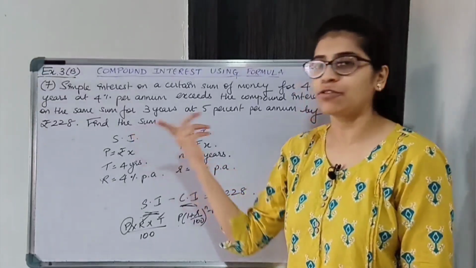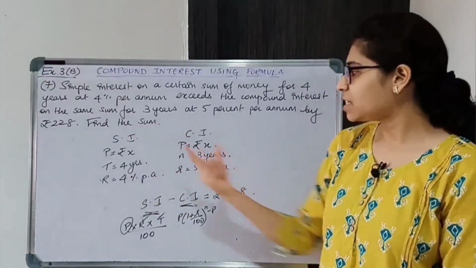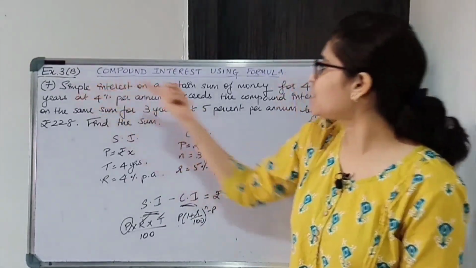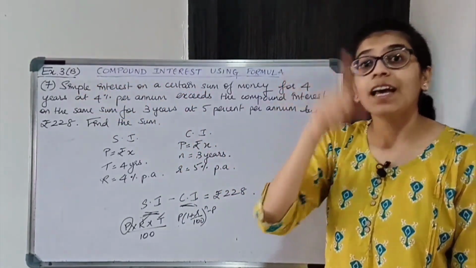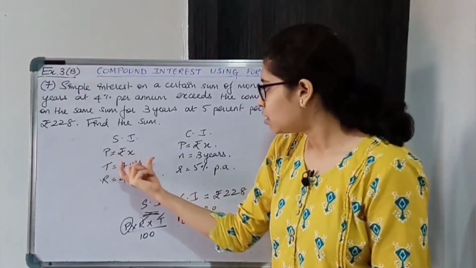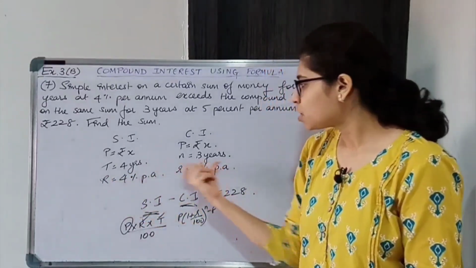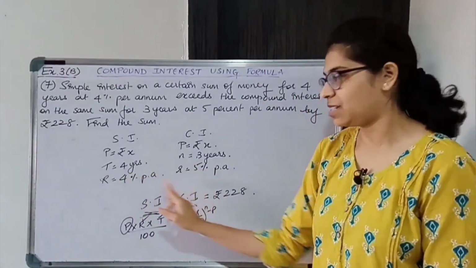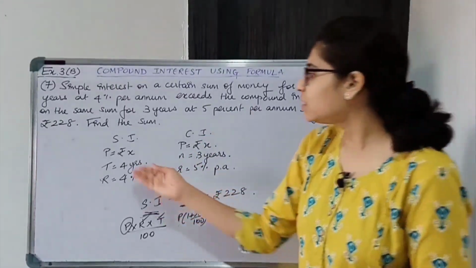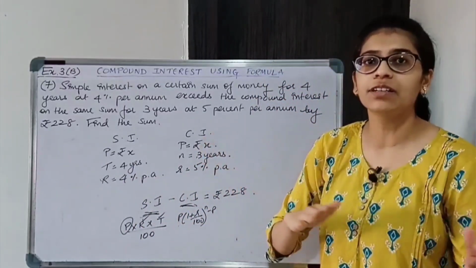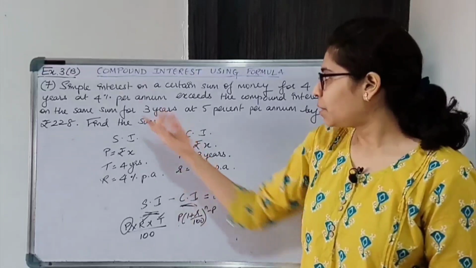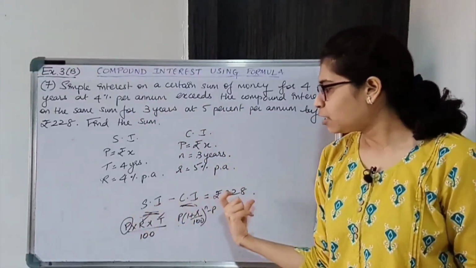Okay, which is what we have to find. So it's very easy. Simple interest ka information, compound interest ka information. You know that simple interest exceeds the compound interest, that is SI minus CI. Here it is not CI minus SI. The time period and rate of interest are different in this case, so that is why simple interest is more over here. So when the time period and rate of interest are different, simple interest can be more than compound interest. Okay, so यहाँ पे it is mentioned that way, so we'll use that condition